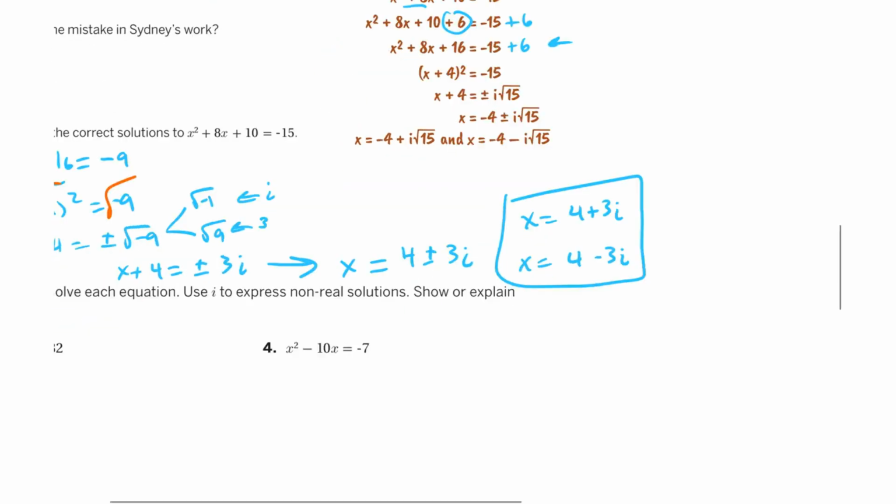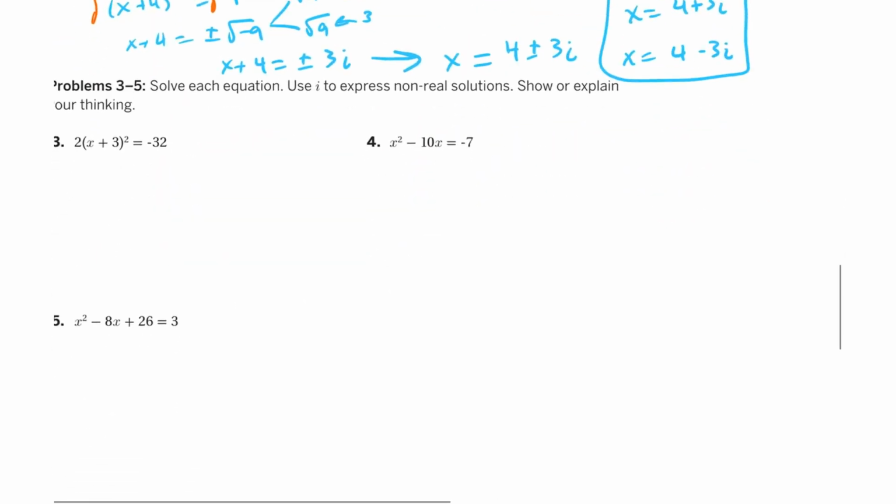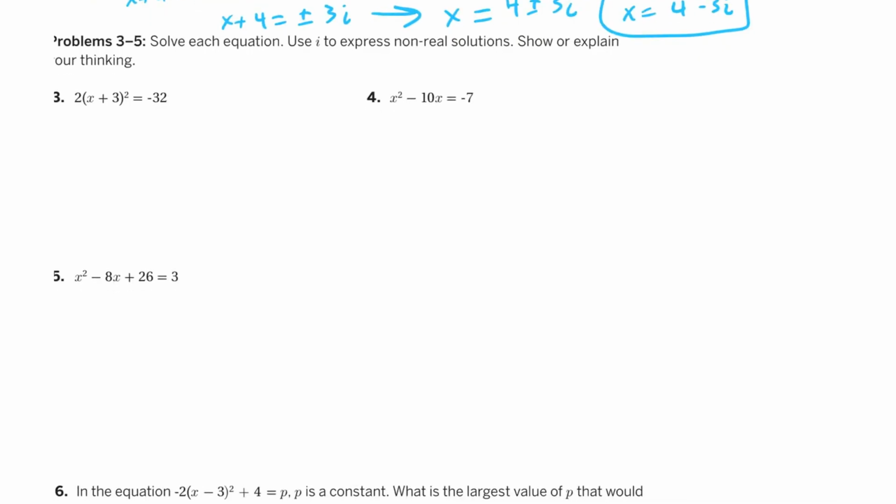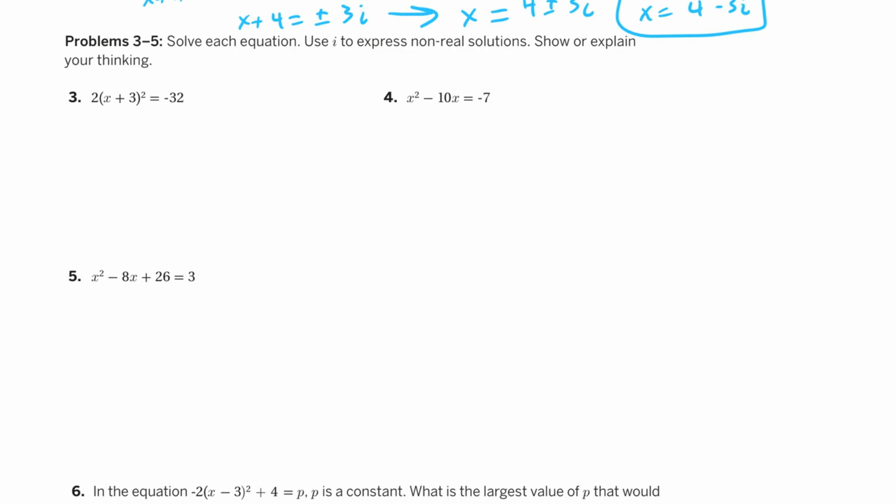So for problems 3 through 5, solve each equation. Use i to express non-real solutions. Show or explain your thinking. So for number 3, the first thing we're going to do here is divide both sides by 2, which gives